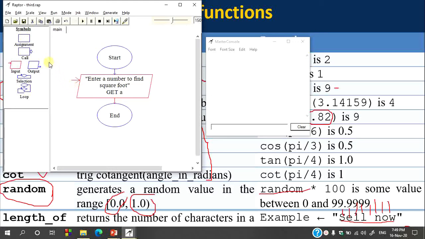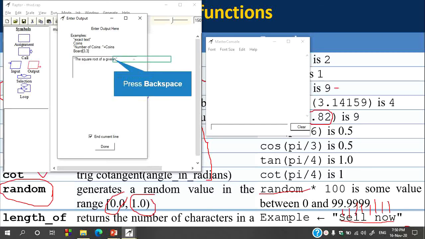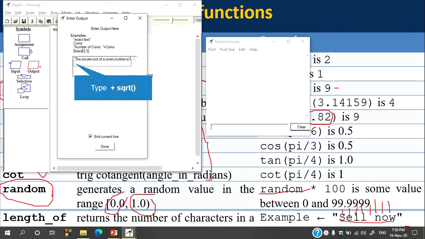And let's find out the square root and print it. I would like to print the square root of A. As I would like to print this square root of A, let's take output symbol. The square root of given number is, okay.